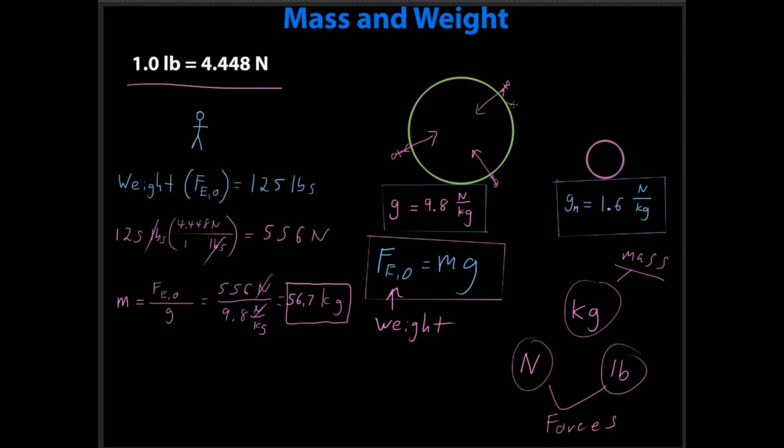Side note, the farther away you get from the surface of the Earth, the lower this number actually gets. So you wouldn't just have a different weight if you went to the moon. If you climb the top of a very tall mountain, technically this number would decrease and your weight would be lower than it would be at sea level. However, your mass would still be the same.